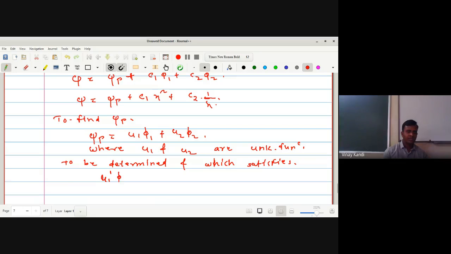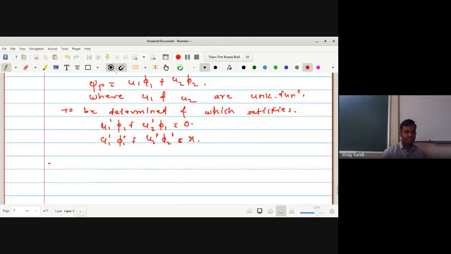u1 dash phi 1 plus u2 dash phi 2 is equal to 0 and u1 dash phi 1 dash plus u2 dash phi 2 dash is equal to b of x, which is nothing but x. Okay, we took this same thing, right? There, if it is nth order, what comes? With u1, u2 up to un, n minus 1 derivatives were coming. Okay, in the theorem,